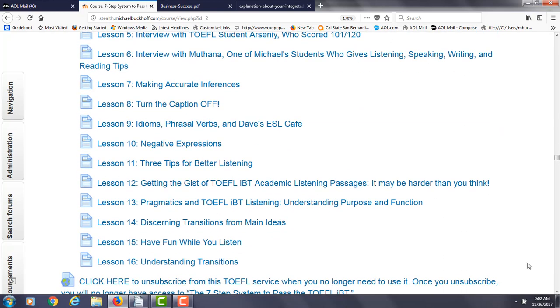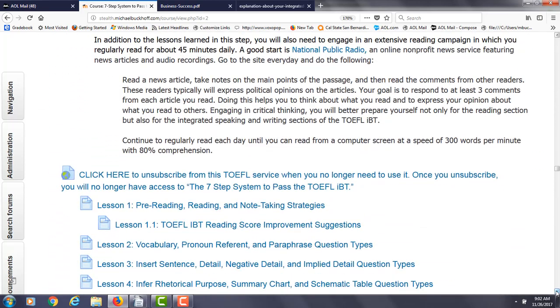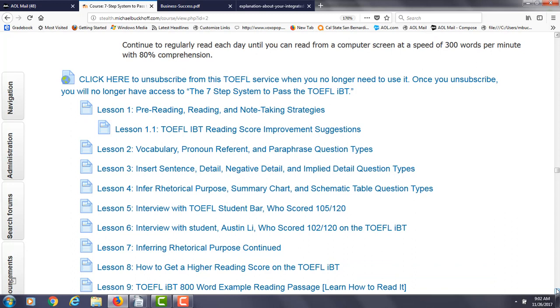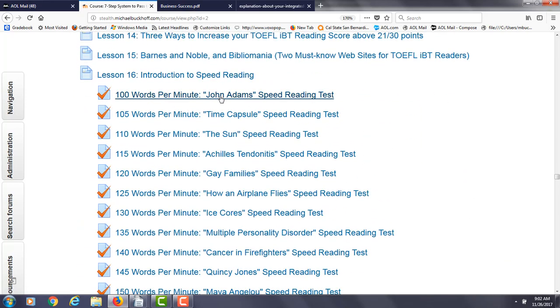I think reading passage maybe is also something you can take a look at, because remember, sometimes you're not exactly getting the most important points of the reading passage and you're not writing these down. So if you go over lesson number 1, reading and note-taking strategies, again, if you go through some of my reading practice tests here, obviously you can focus on improving your reading speed, which is good, and that's going to help you for integrated writing. But also, you want to focus on getting down in note form the most important points from these reading passages, then being able to write about that information. So that's something that you can also work on.